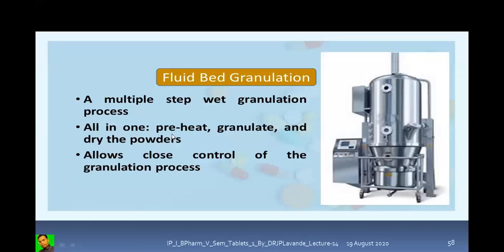It involves all-in-one preheating, granulation and dry heating of the powders. It will allow close control of the granulation process. So all these processes will be carried out in this fluidized